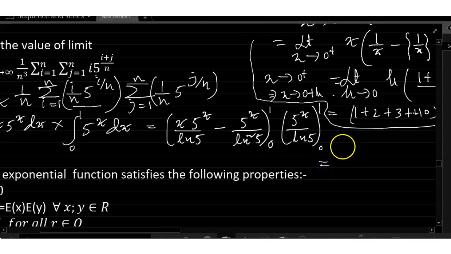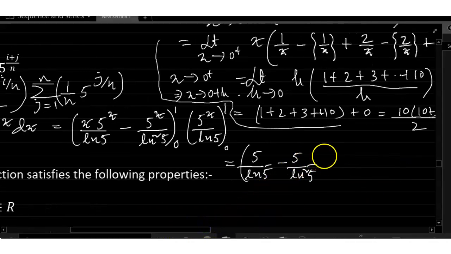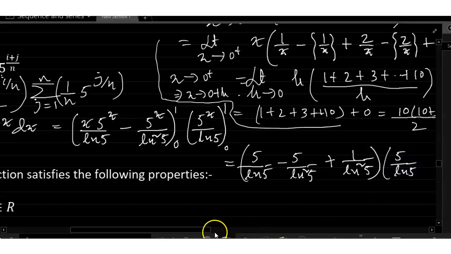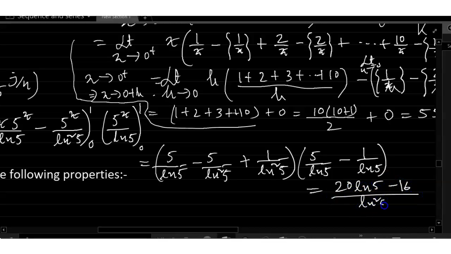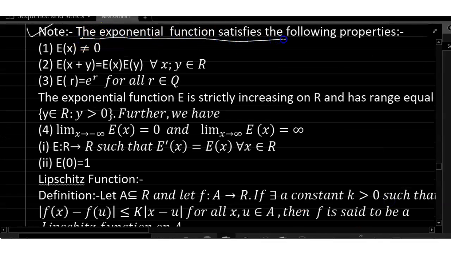This equals 5 by ln 5 minus 5 by ln square 5 plus 1 by ln square 5, which equals 5 by ln 5 minus 1 by ln 5, which equals minus 16 by ln square 5. The exponential function satisfies the following properties: e to the x is not equal to 0,